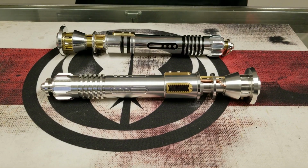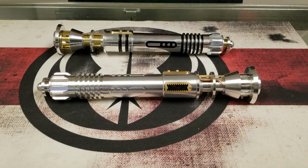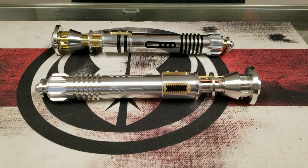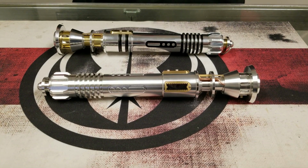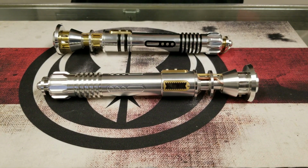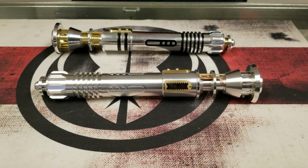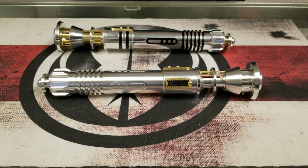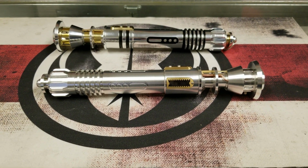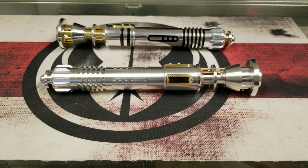One of our most popular hilts in the family has been the Ardent design, and since its release in 2015, we get a lot of requests for other thin neck designs, and we've wanted to do one. So with this new design, we bring in a brand new thin neck profile. The Ardent harkens back to a lot of original trilogy design cues. This one, while it does bring in some of that, is really geared more towards the old Republic era